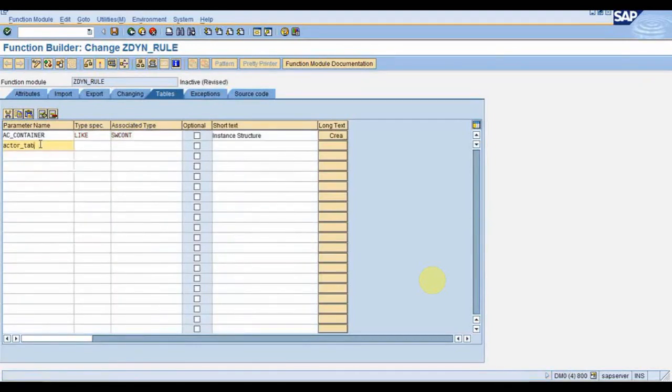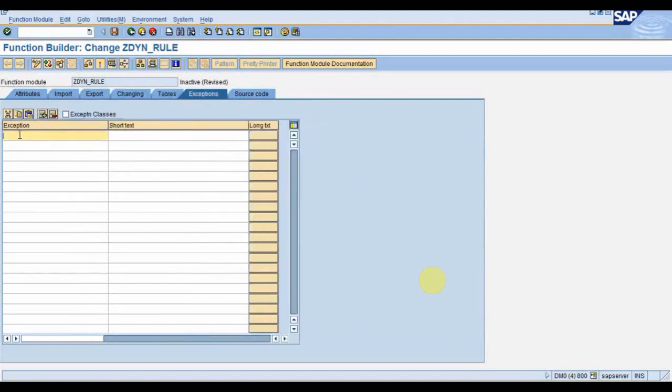And in the actor tab it will be like, and here it will be SWHACTOR. So these two are the mandatory names which should be there in the tables tab.